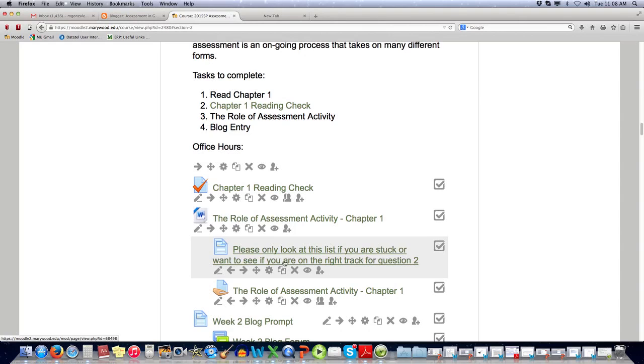Please look only, this is under week 2. Please only look at the list if you're stuck or want to see if you're on the right track for question 2. There's some other help here as well. I do not mind you looking at this. This is here to help you to make sure you know you're on the right track. So if I click here,